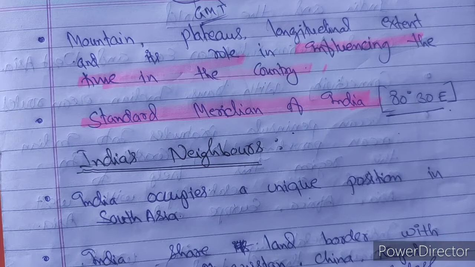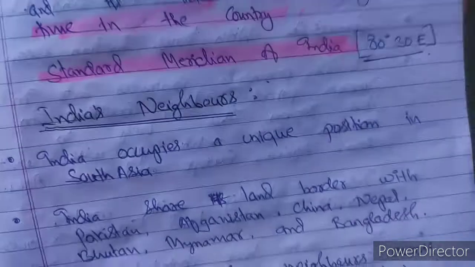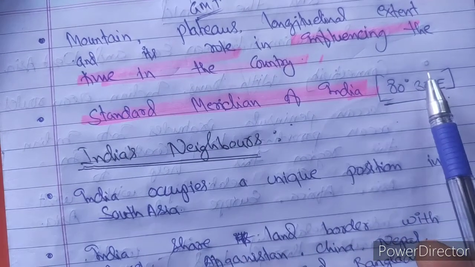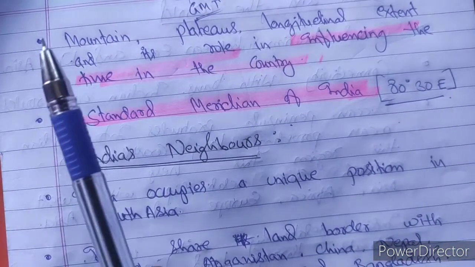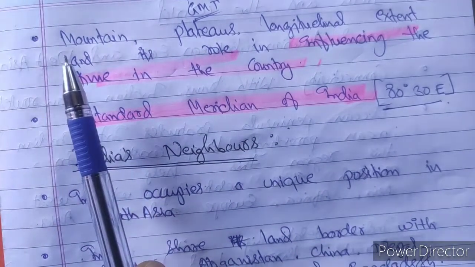is decided and how the time in the whole world is decided. There is one standard time which is 0 degree, the Greenwich line. From the Greenwich line the time is decided for the whole world. In India there are 3 longitudinal lines passing, so we are considering the center line. Otherwise, if you consider the first line or the last line, it starts from Gujarat east, moving east across the whole world.